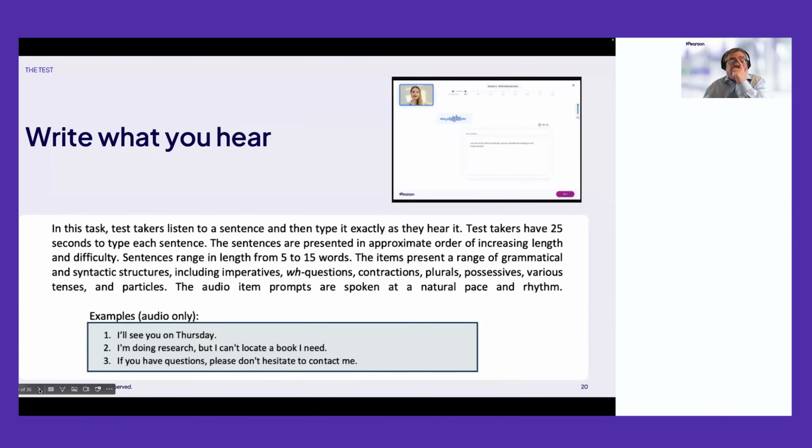For listening, there's another task which involves people listening to a particular audio example, a bit of speech, and then writing that down. This is like a dictation type item, which is, from a scoring perspective, a very good way of evaluating the extent to which a person can hear particular phonemes, particular sounds,